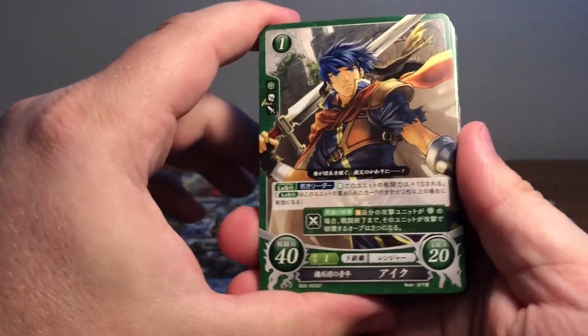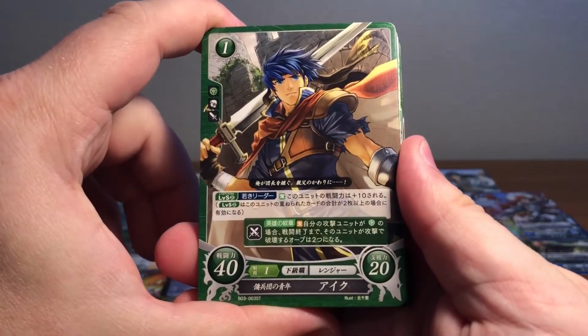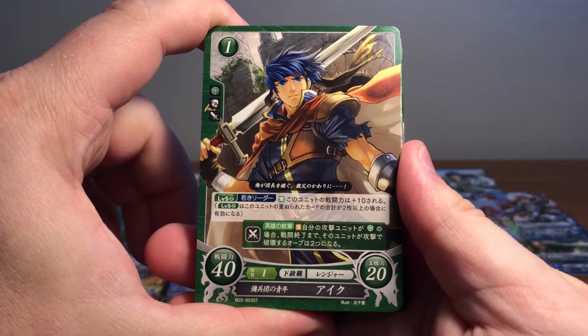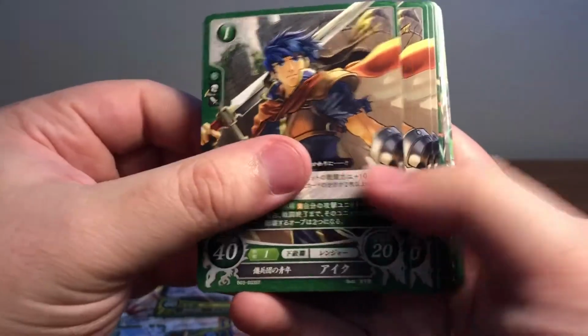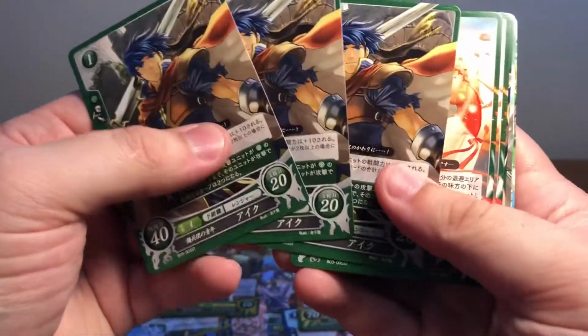Oh, here we go. We get into the other stuff now. So here is Ike, unpromoted as a ranger, right when you first get him in Path of Radiance. He has the Regal Sword there, it appears. I love Ike as a ranger. So cool. And then we'll move on to...